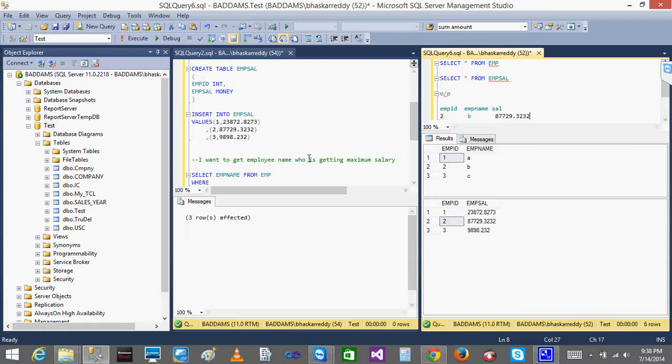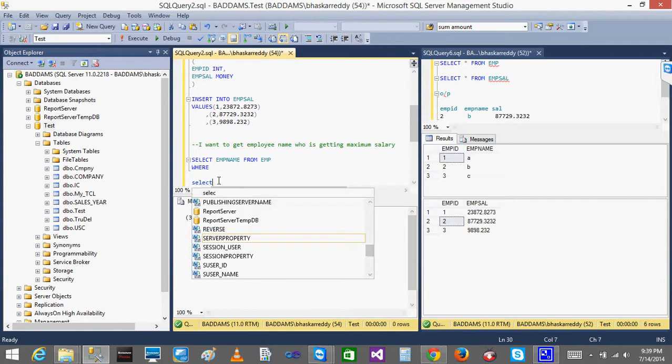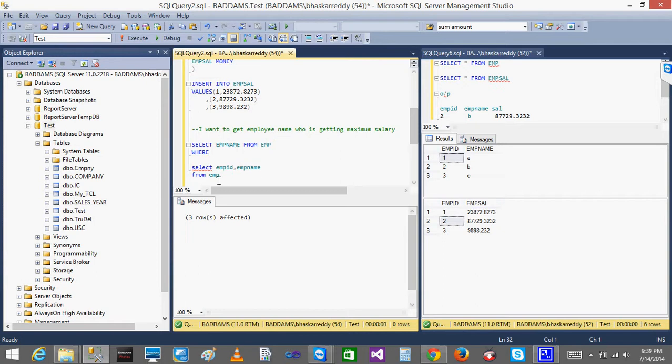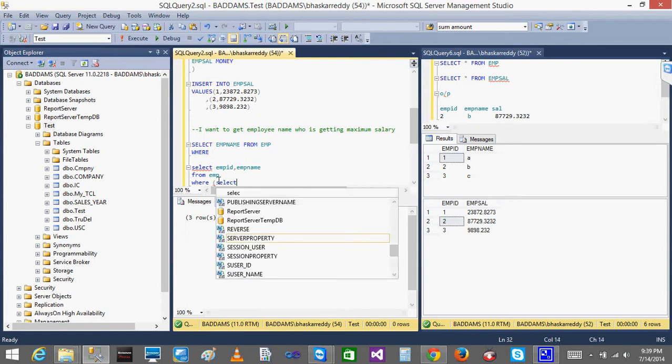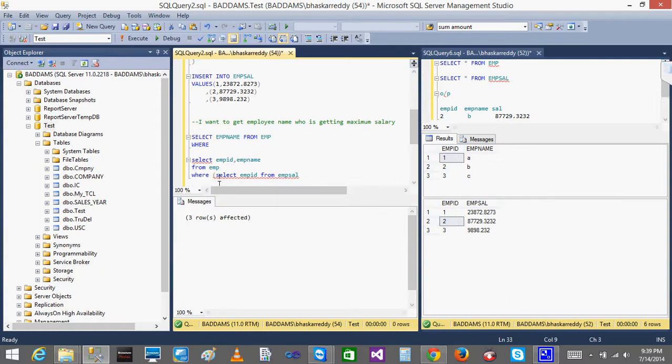Yeah, someone said right, so where, go ahead. Yeah, I mean from the beginning I'm telling: select EMP ID, EMP name from EMP, where, open the parenthesis, select EMP ID from EMP sal, where EMP sal is equal to max of EMP sal. Instead of that, correcting myself: select EMP ID, max of EMP